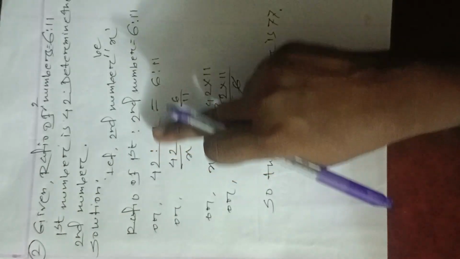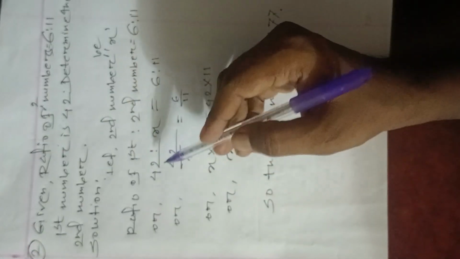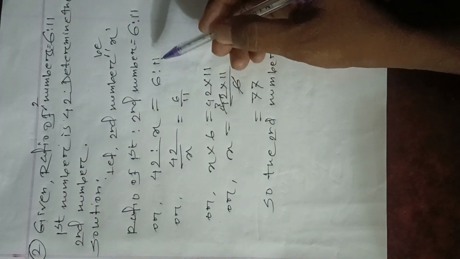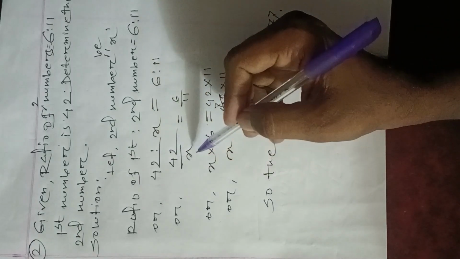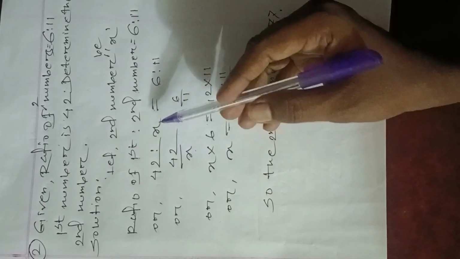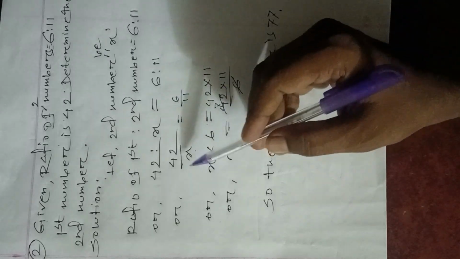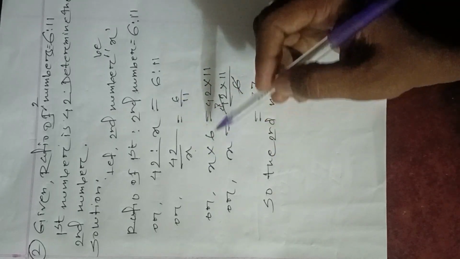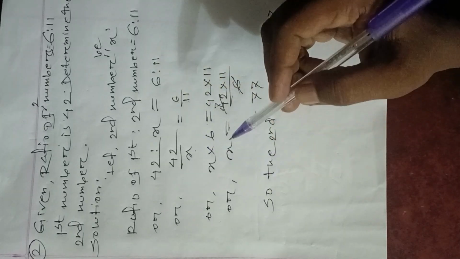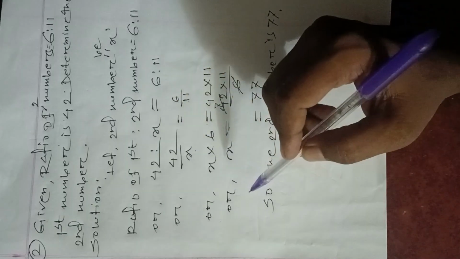Now ratio of first is to second number equal to 6 is to 11. First number is 42 and second number we take x. 42 is to x equal to 6 is to 11. So 42 by x, 6 by 11. We have said that antecedent will be numerator and subsequent will be denominator. That is why 42 by x and 6 by 11. Then we should cross multiply, 42 into 11. Here we should bear in mind, আমাদের মনে রাখতে হবে যে সাইডে x আছে, from which side x is present we should multiply from this side.